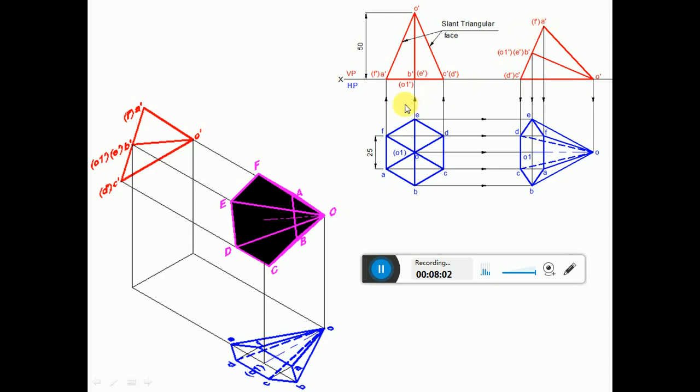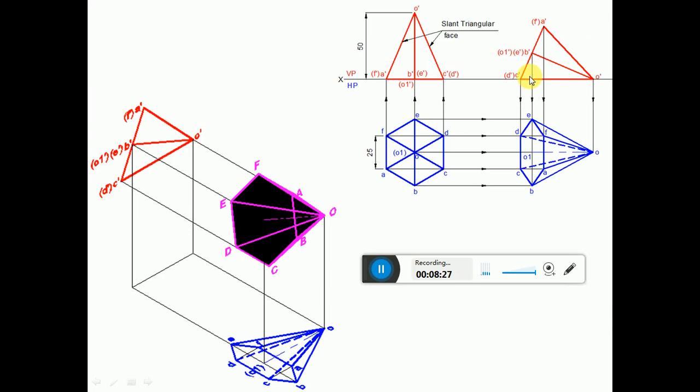Then you measure the length from C dash to B dash. From C dash you cut an arc on this, transfer that point, and you mark that as B dash, A dash, and O1 dash. Complete the second position front view exactly the same way as the first position front view. So we are going to complete this.